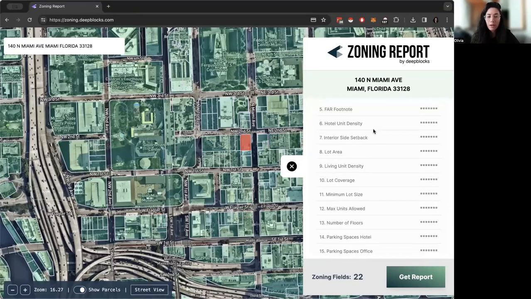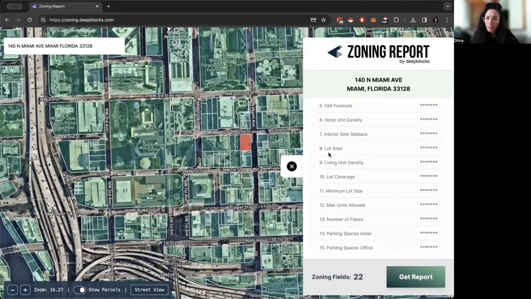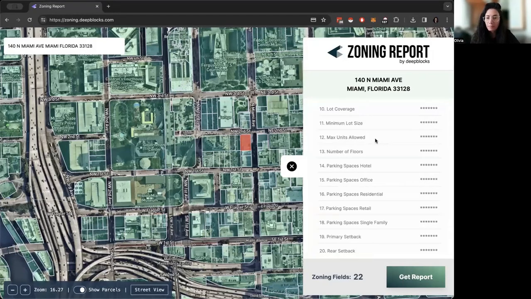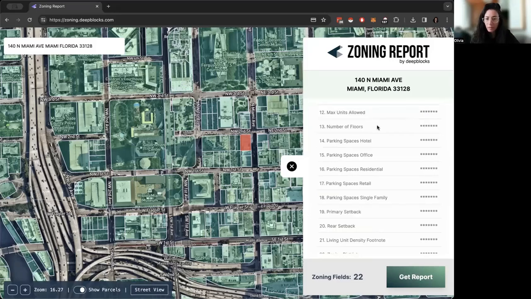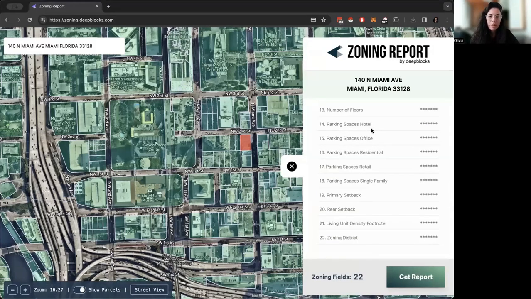Density for hotel, density for multifamily, that's living unit density. Lot area, so that's how we calculate these numbers, buildable area and units allowed. Lot coverage, minimum lot size, maximum units allowed. Again, that's something that we generate. Number of floors, parking spaces by type of use, primary setbacks, rear setbacks, all the different setbacks, and the name